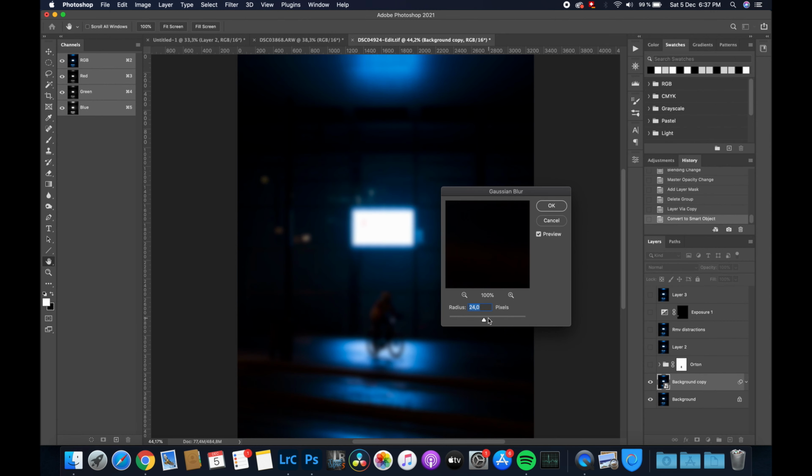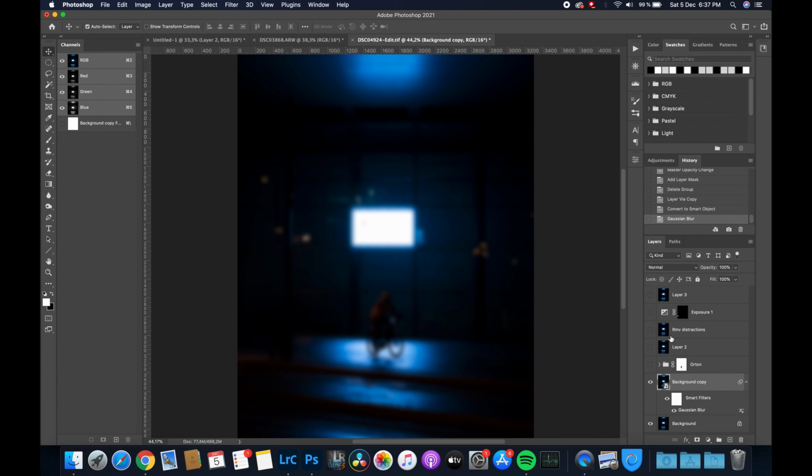Then here, the values that I typically find work best are between 20 and 24 pixels. You might find that you need a different value, up to you, just play around with it. I'll select 24, click OK. Then from there,